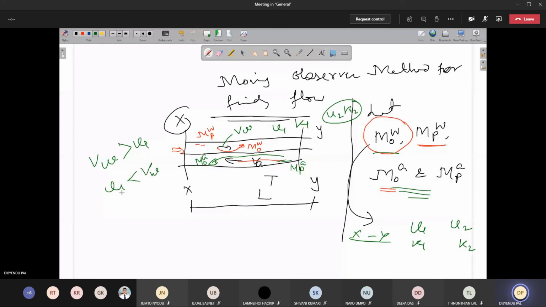That means for the vehicles which are moving with the speed of u1, our test vehicle will pass all of them. Again, if u2 is more than bw, the vehicles which are moving with the speed of u2 will all pass the test vehicle. That's why we choose the test vehicle speed to be greater than u1 and less than u2. Because of that, some vehicles have overtaken the test vehicle, and the test vehicle has also overtaken some vehicles. So this is the condition.